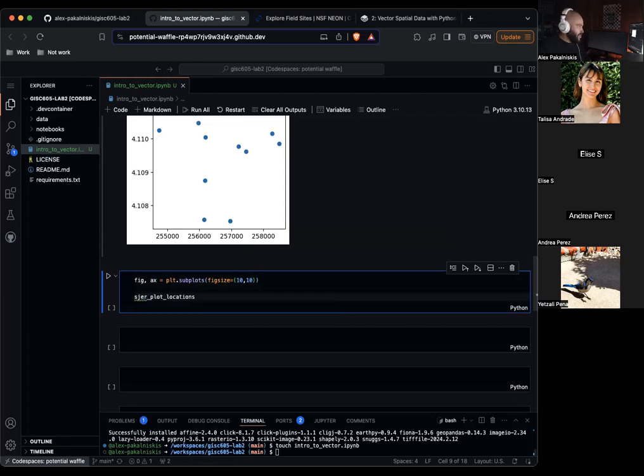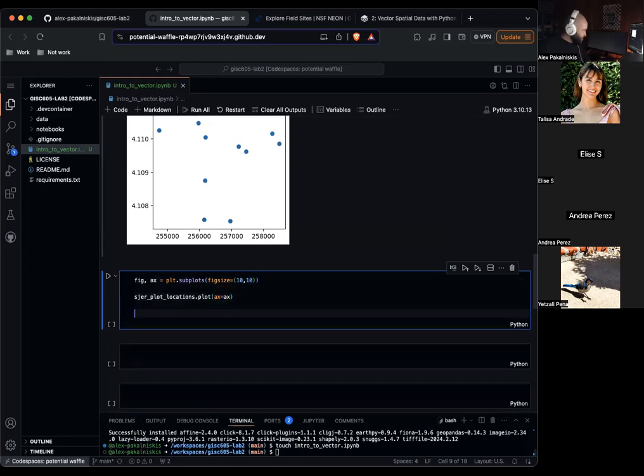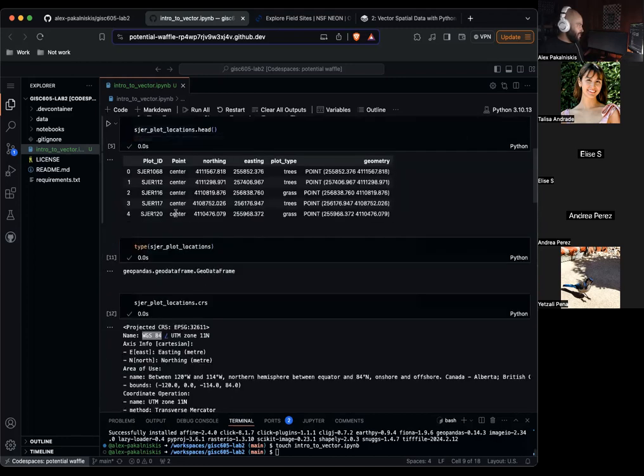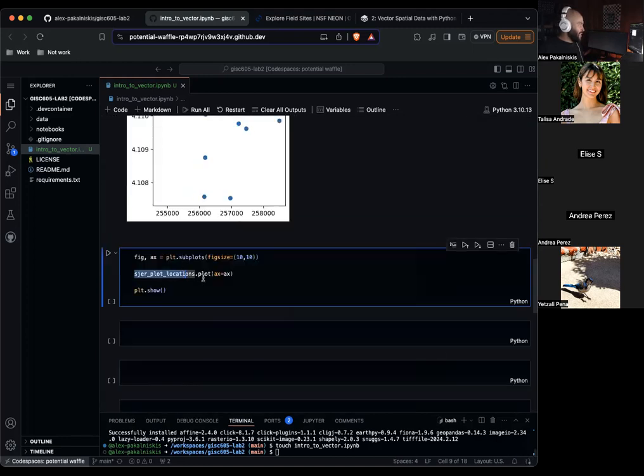So let's take the plot locations, and now we're going to plot it on this figure item. After I type out everything, we'll walk through line by line. Here we're creating a figure and an axis using this PyPlot utility, and it's going to have a 10 by 10 size. Then we take our data set, these records, and plot them on the axis that we created up here.